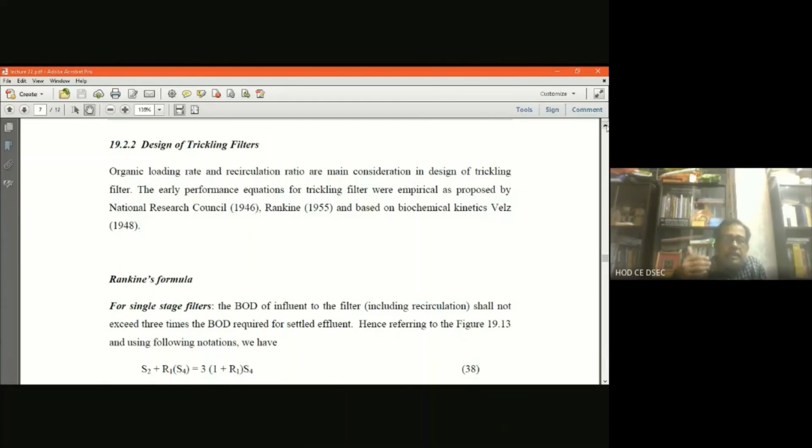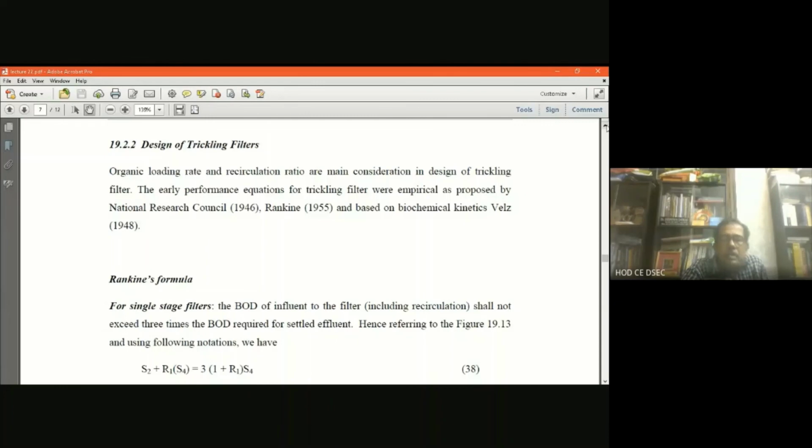And simultaneously, we can see that new biofilm also grows on the attachment surface, because it is a natural process. Wastewater is coming, the detachment of the biofilm, that is the sloughing, occurs, and again growth of the attached biomass occurs. So this is a continuous process, and we have seen there are three types of trickling filter.